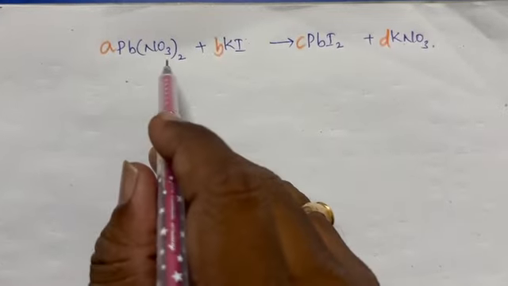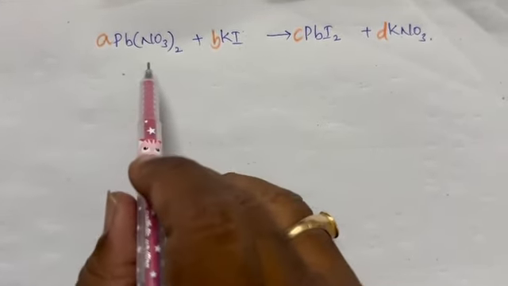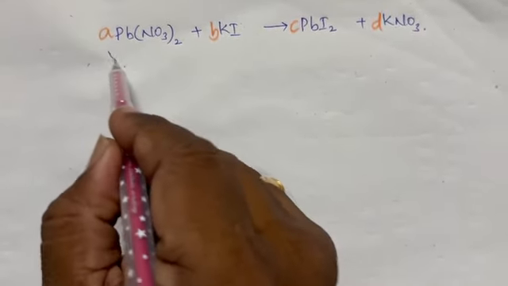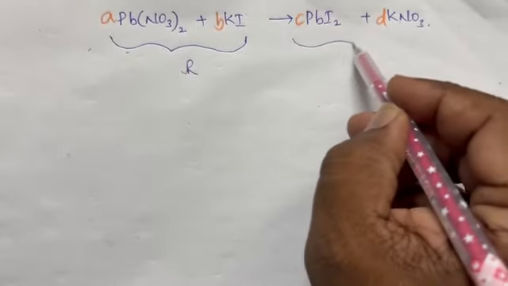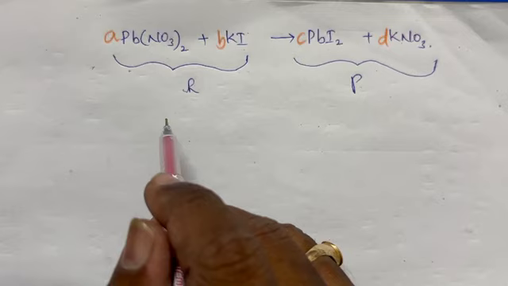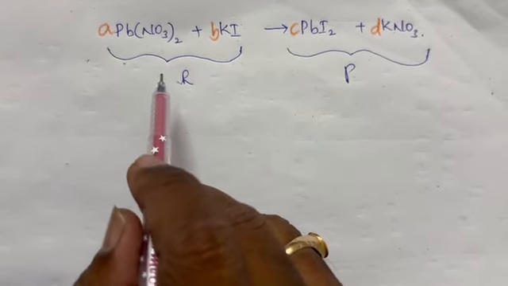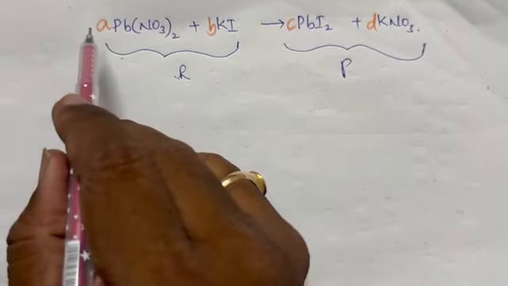Hello everybody. So, how to balance the equation by using the algebraic method. Here is the equation, which says this side totally is called the reactant side and this side is called the product side. As we all know, we discussed this earlier in the regular offline classes. For better understanding, if anybody has not yet understood the algebraic method of balancing equations, I have taken